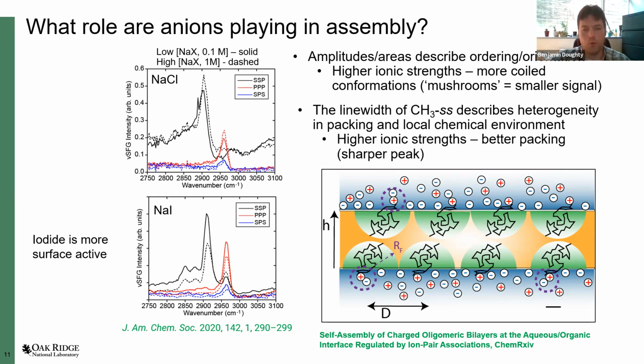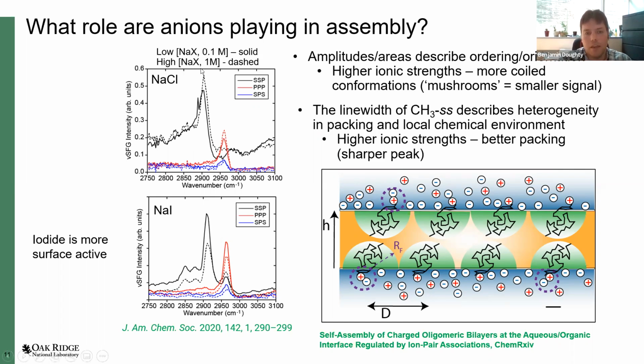It could be forming what we call mushrooms. This is where you have a head group stuck in the oil phase, and this tail can flop around and samples some sort of volume, like half of a sphere. That's like an exclusion volume. So these things can flop around at the interface. As you form smaller and smaller mushrooms, or you have structures that are increasingly centrosymmetric, your SFG signal should go down. So what we see with sodium chloride, if you actually fit the data, the intensities, the amplitudes,